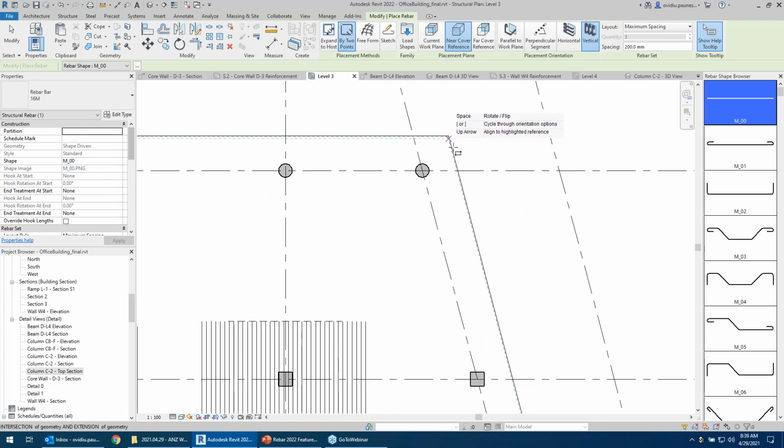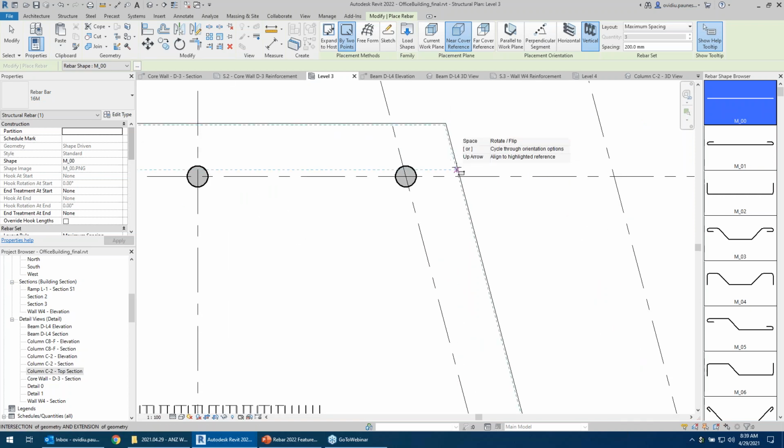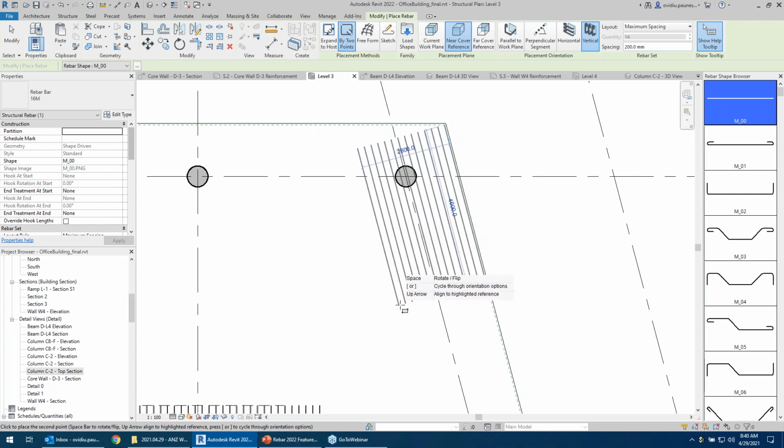If we want to align to an inclined edge like this, let's say I want to place the top reinforcement on this side of the floor. This little tooltip, which you may have noticed is following my cursor, is showing us some options that are available. So as I am hovering over this reference, I can press up arrow and then click. Let's do it again. Okay, to align my placement to that